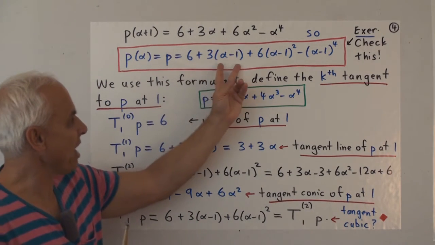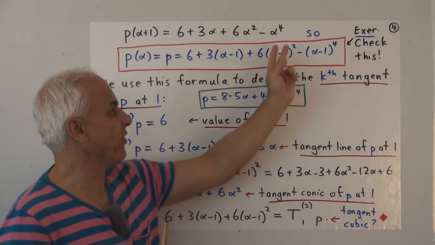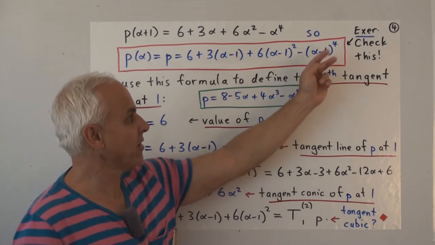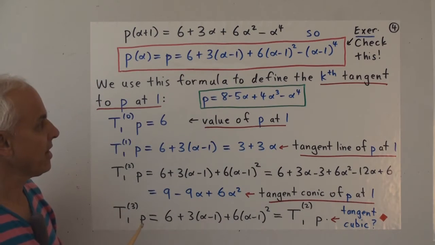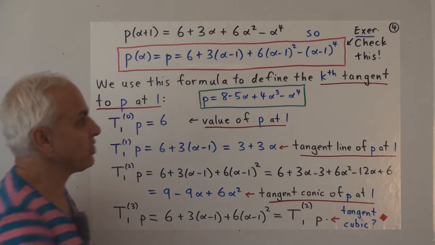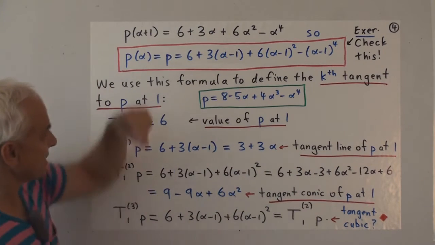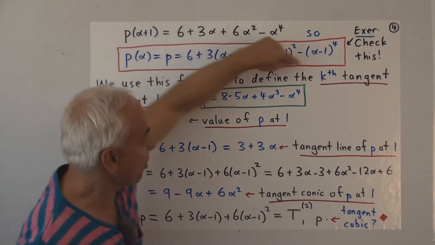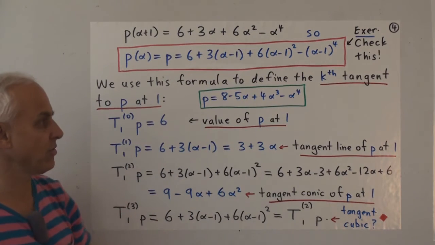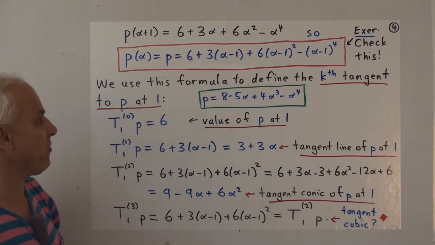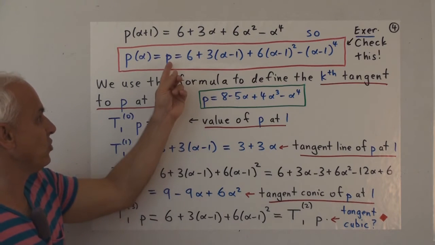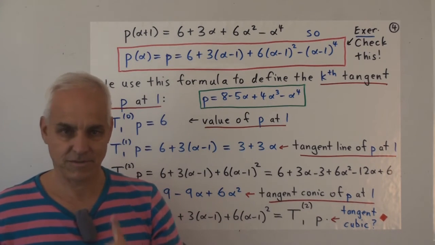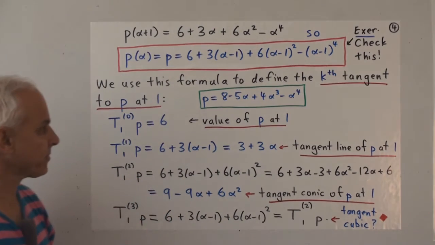Something plus something times alpha minus 1 plus something times alpha minus 1 squared plus something times alpha minus 1 cubed plus something times alpha minus 1 to the 4th. Now I think it's a good exercise for you to check this, to make sure that this is actually a true statement. That if you expand this all out, just using the standard laws for manipulation of polynomials or polynumbers, that you will recover the original Pauli number P. Okay, so that might be a good exercise to do.